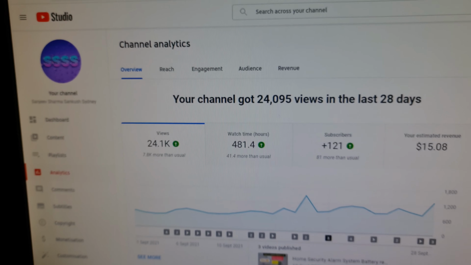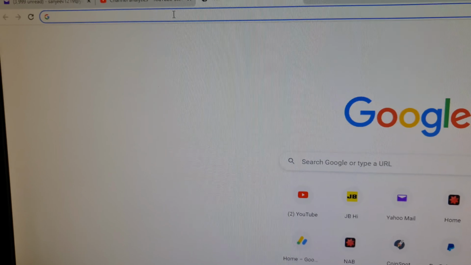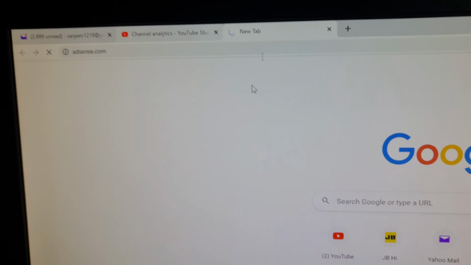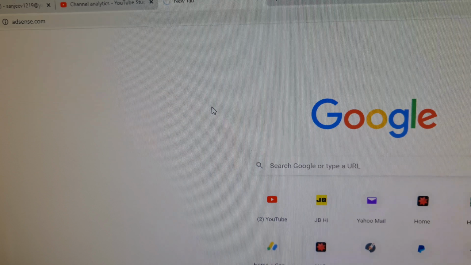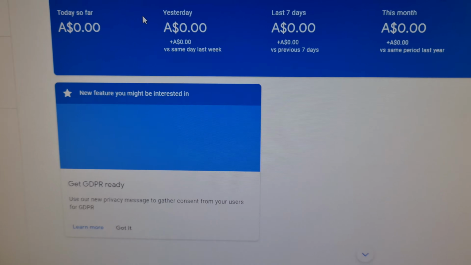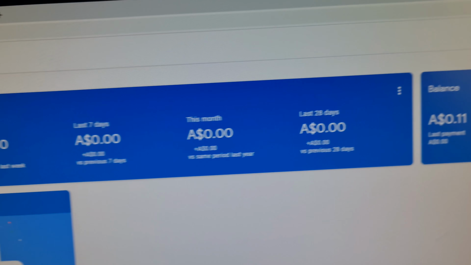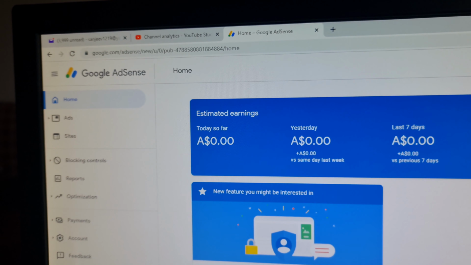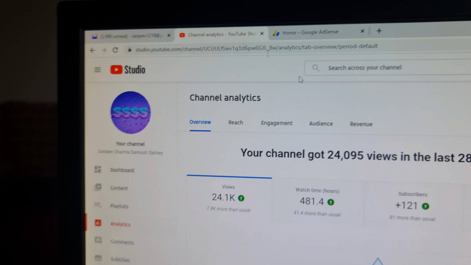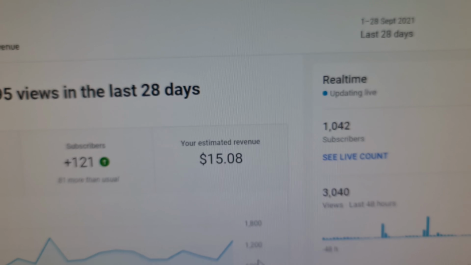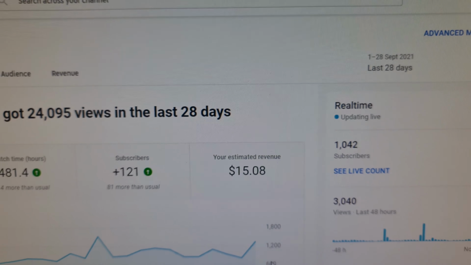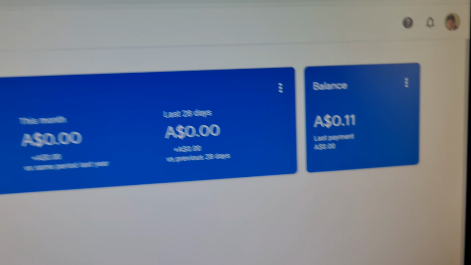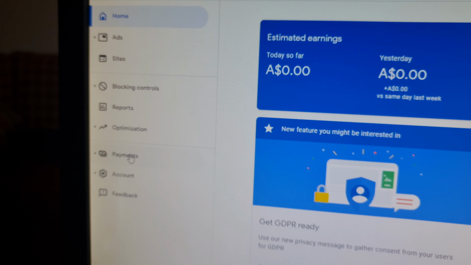So if you go to Google AdSense, I'm going to Google AdSense now. This is my Google AdSense account, and if you see, the balance here is 11 cents only, whereas if I go back to YouTube Studio, it is showing $15.08. So it is quite a big difference. Google AdSense is showing 11 cents only, and if I go to the left side, to the Payments one,